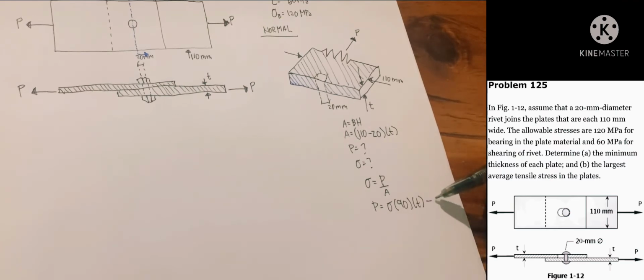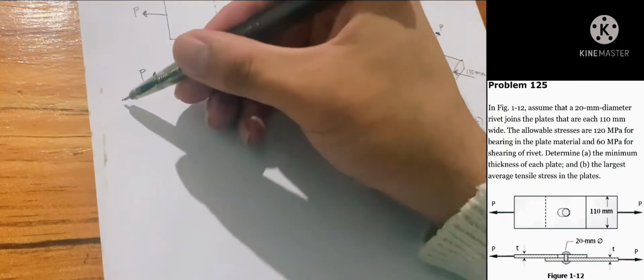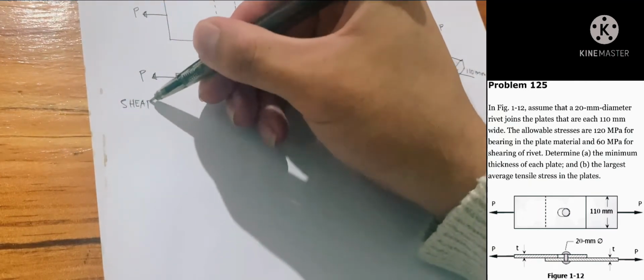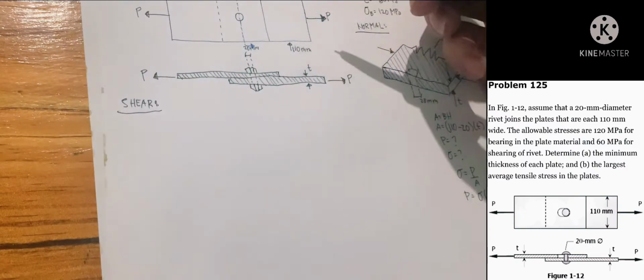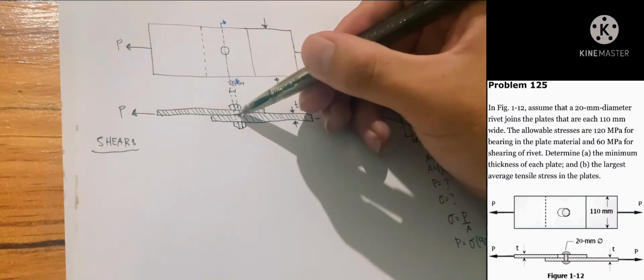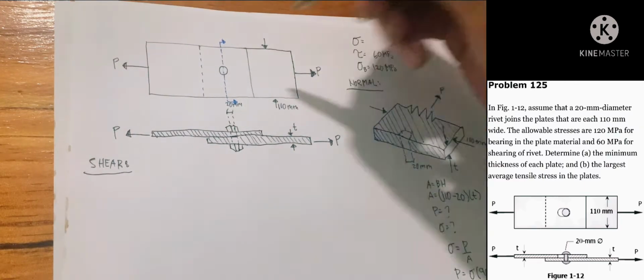So in here we can see that we have 3 unknowns. That means that would just be an equation. So let us try for our shear. We are given a 60 megapascal. So there is only one rivet and it is a single shear,